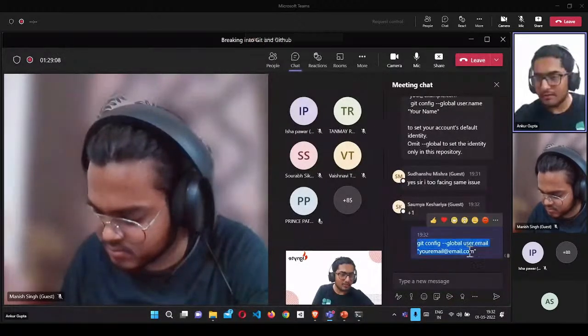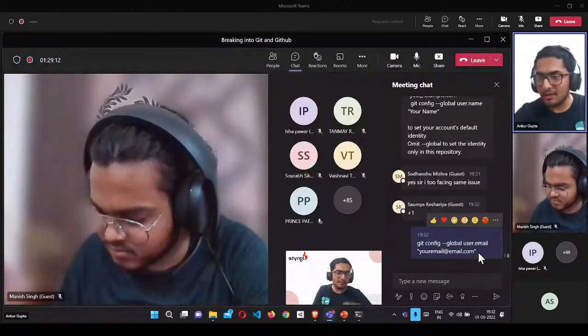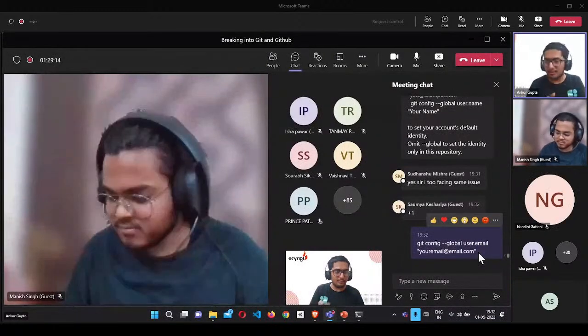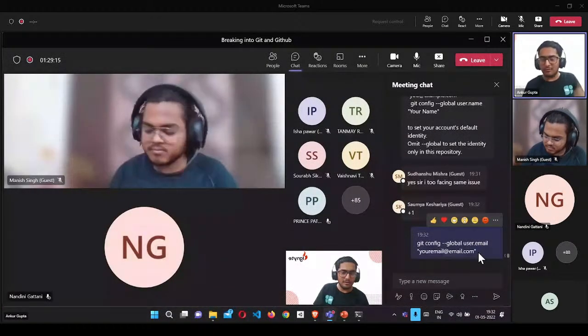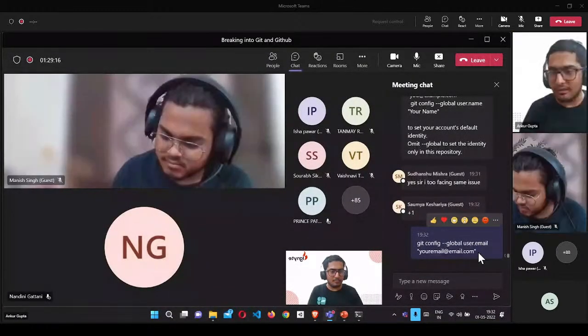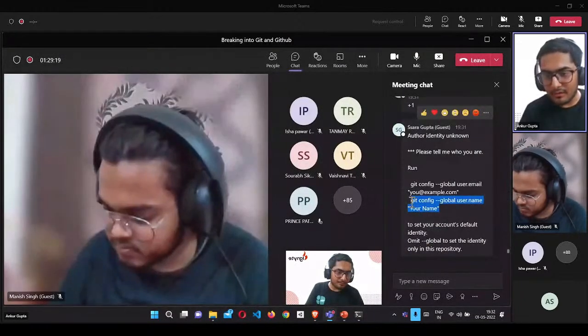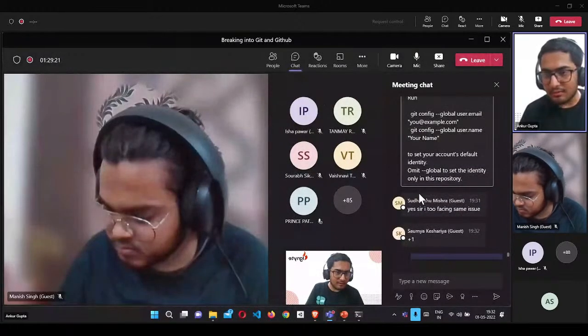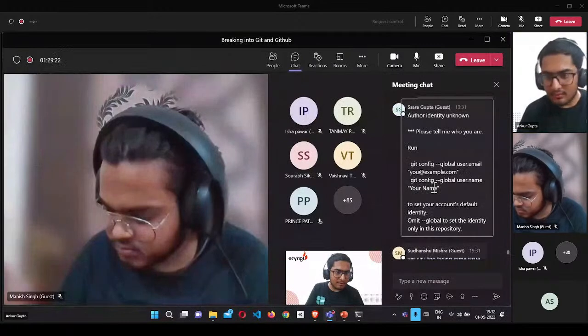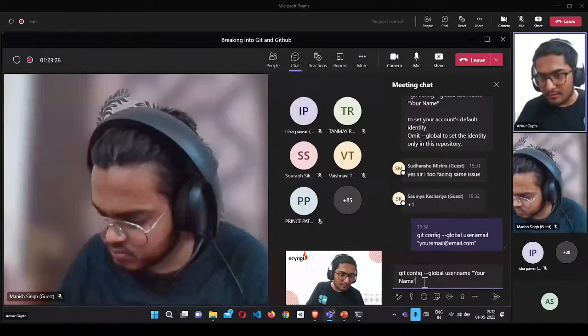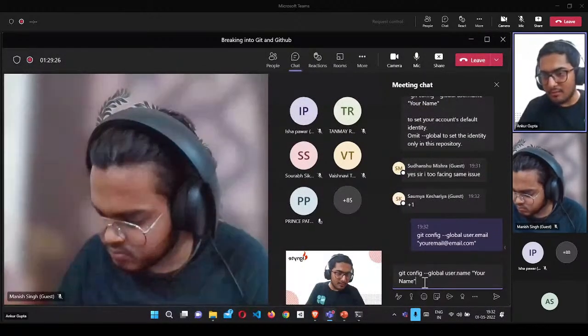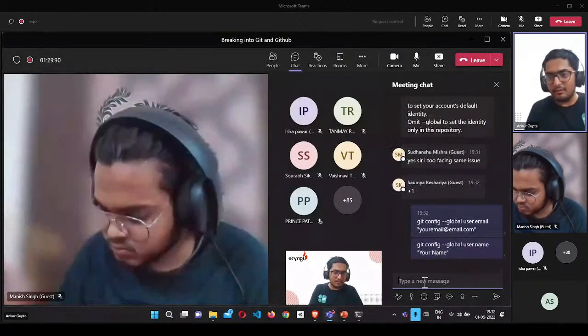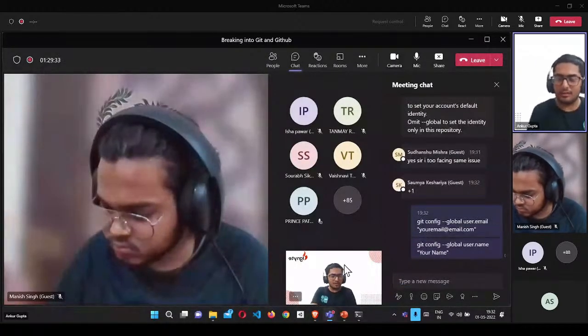First one is this git config global user.email, and in quotes write your real email with which you have your GitHub account. Okay, and there's another command that you need to execute. Git config global user.name and then your name. That's it. Just execute these two commands and it will be done.